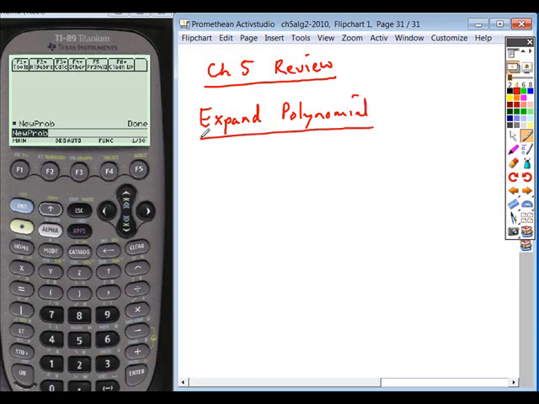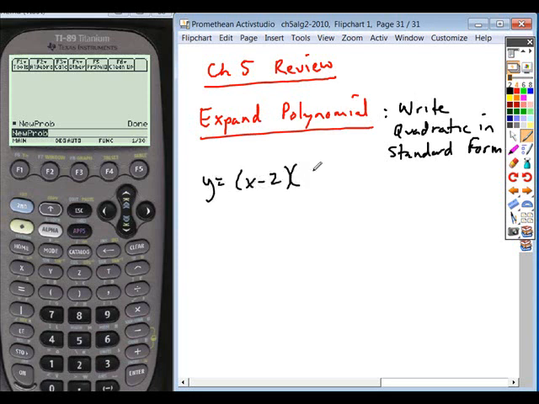Right, it won't always specifically say expanding polynomials, but the process of writing a quadratic in standard form is just another way of saying expand it. And so if you're given something where you have two factors, the way that you would do this by hand